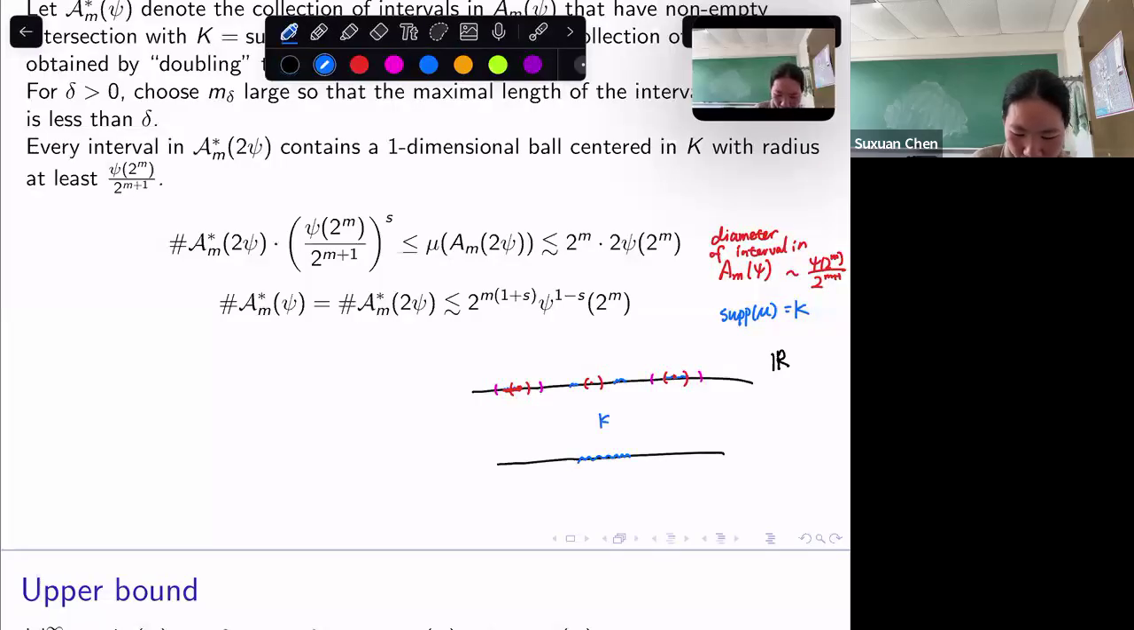Here it's a bit confusing why we need to double these intervals. So let us zoom in a little bit. Let's say this is the concentration of points in the self-similar set K. And suppose we have an interval that intersects with K, and now we want to estimate the